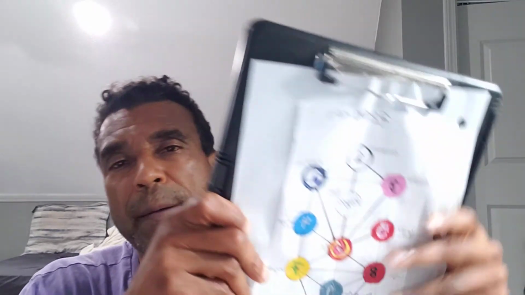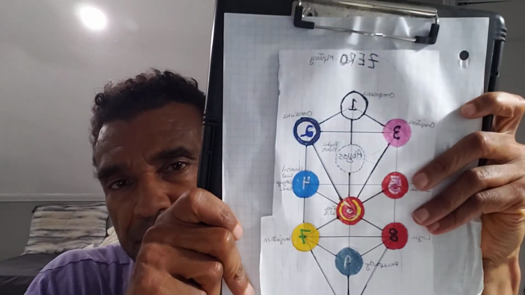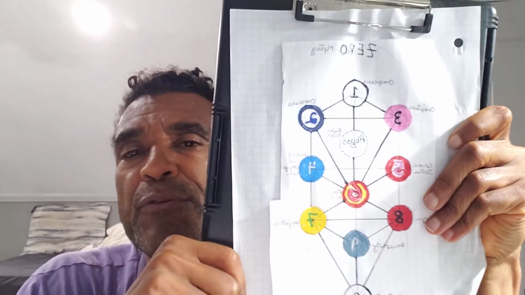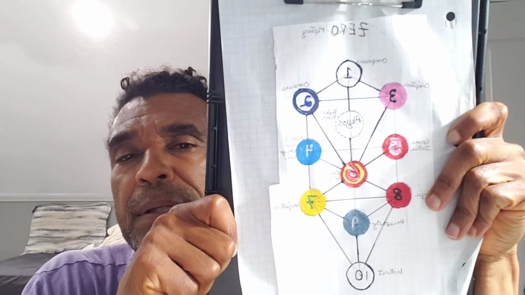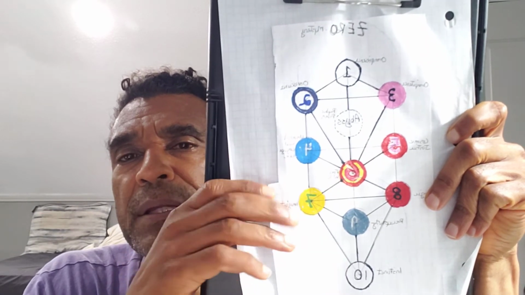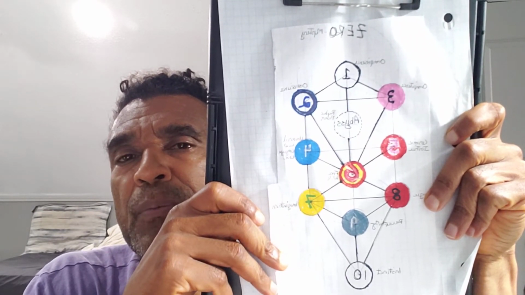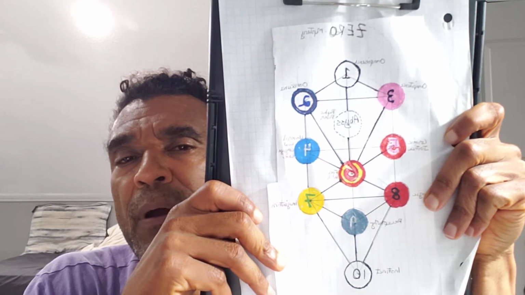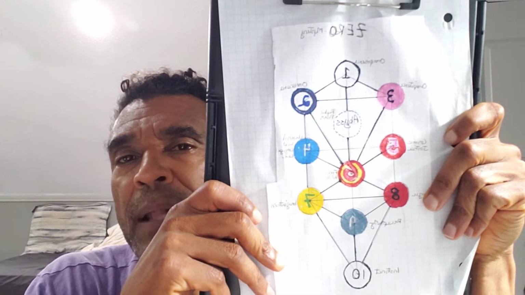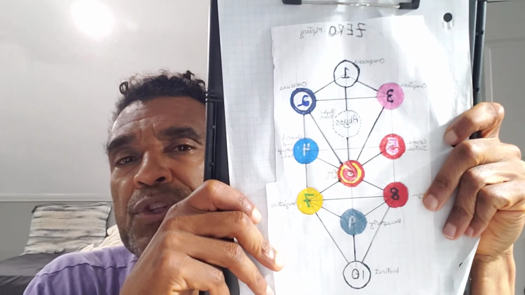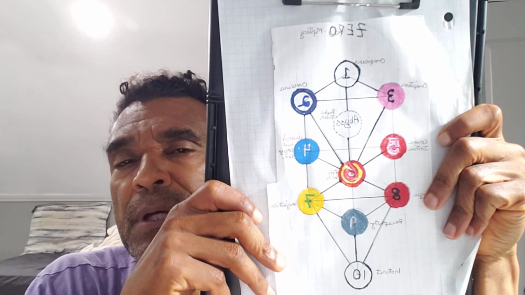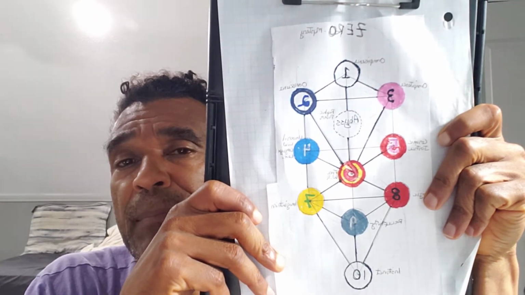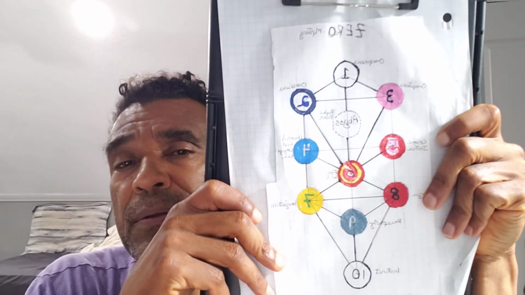Right now, we've been focused on a unit to study the Tree of Life. The Tree of Life is really kind of the first unit before we get into many other topics, because this is kind of all-encompassing. You may have seen this diagram before. You may have seen it called the Hebrew Kabbalah. The ancient Egyptian version is the Tree of Life, so this goes back at least to ancient Egypt, and it probably goes back further than that, but we don't really know for sure, into the